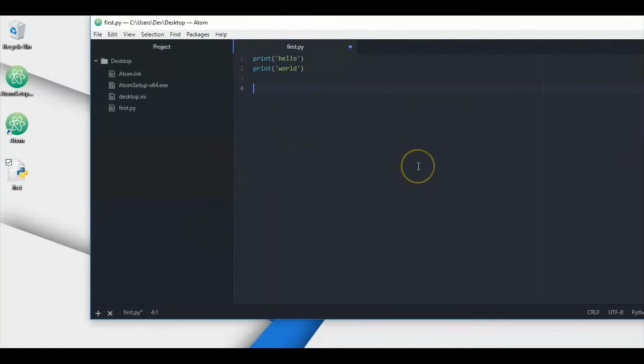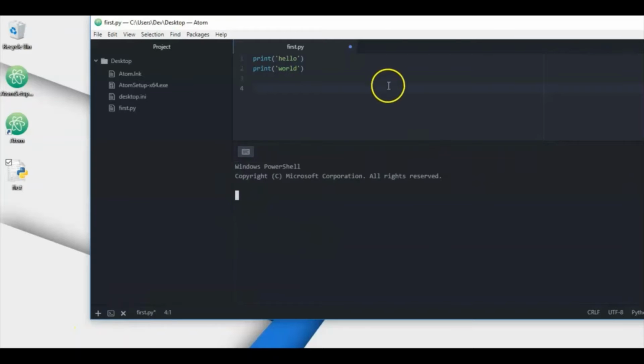And as I have told you in the introduction, a good editor is something that has space to write like this one, and something that can run our program. That thing is known as a terminal. And here we have this plus symbol. I know right now you are not getting this plus symbol because we need to add it here. I just need to show you how it works first, then how we can install it. After installing this one, you will get it in your Atom in the left bottom corner. And when you just click this one,